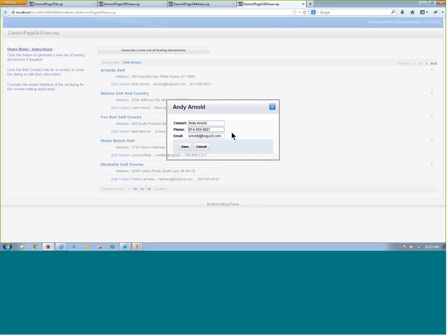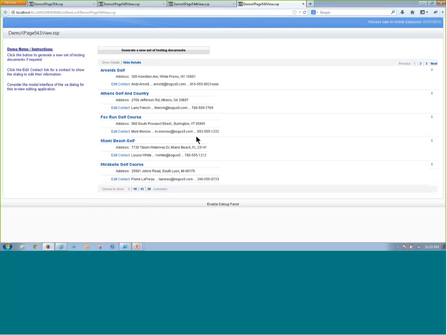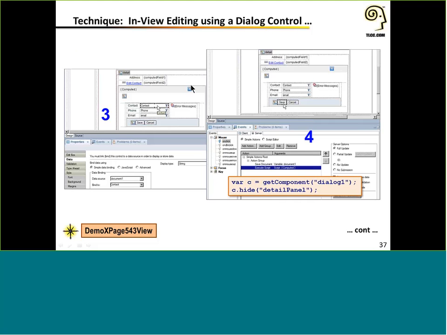So I'm just going to go here to the phone number and add some X's to it. And I click save, and you see that was seamless. It updated that immediately right in line. And that was much more efficient than having to open the document, change it, come back, find my place in the view, and all of that. That's a much better user experience. And that's a great example of customizing the detail section in the data view.